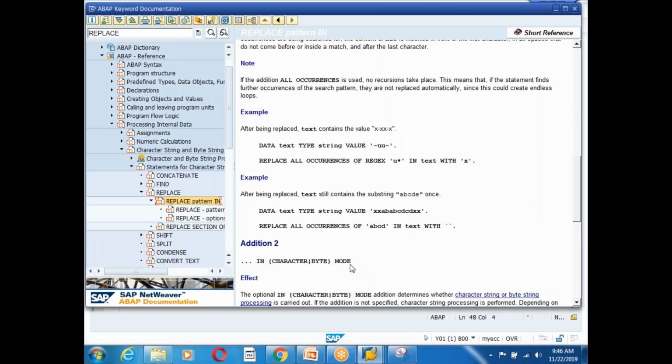You will see the code also. Replace all occurrences of ABCD in... So first I will use the simple things, guys. Replace, what is the value? My value is